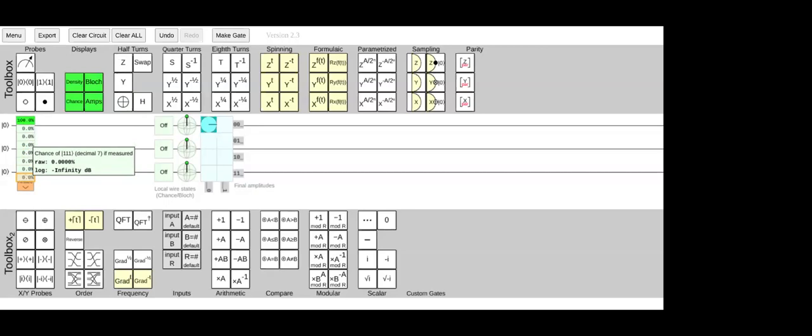If ket A is alpha 1 ket 0 plus alpha 2 ket 1, and let's say ket B is equal to alpha 1 prime ket 0 plus alpha 2 prime ket 1, so those are the two. If you do a tensor product, then you will get